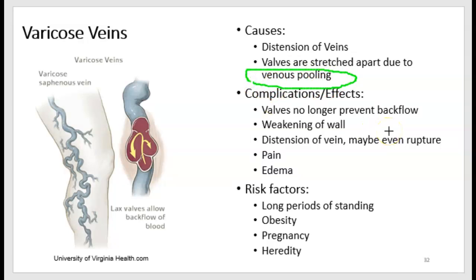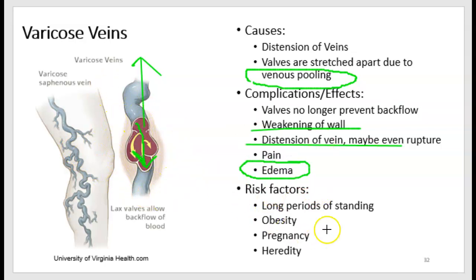And so you know that veins are capacitance vessels, and they widen when the blood pools in them, and the valves get stretched apart so that they no longer prevent backflow. So the blood will flow backwards instead of the way it's supposed to, which is superiorly in this leg vein. So you get a weakening of the wall, distension of the vein, and maybe even rupture. This causes pain, but it also causes swelling in the tissues, edema,